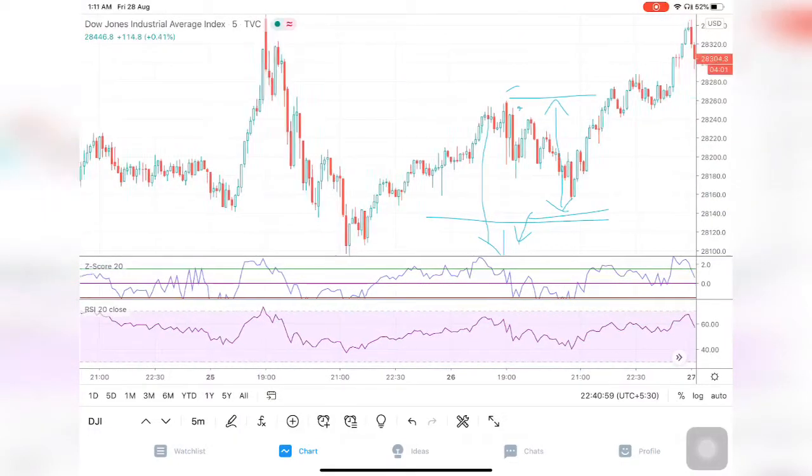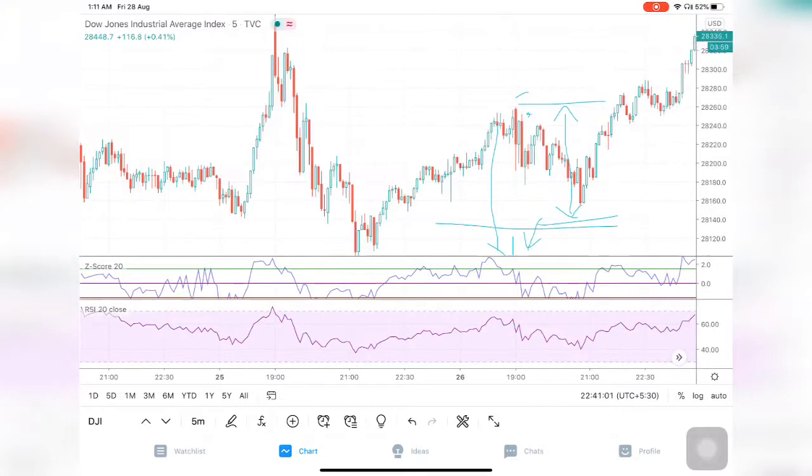You can go back like this, and you can use any of the scripts like Reliance. Reliance is my favorite script in NSE. So you can use your own favorite stock also inside this. So this is a perfect combination: RSI with Z score, RSI divergence and Z score divergence.